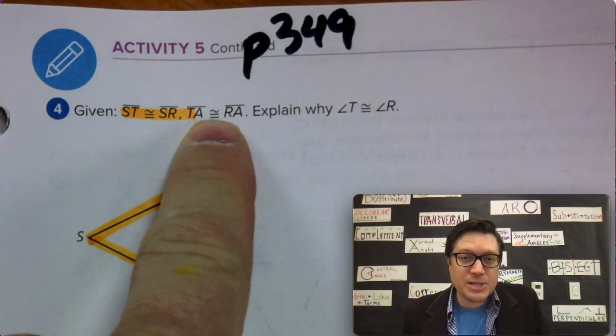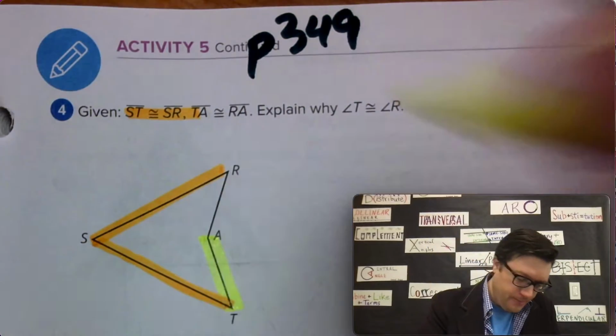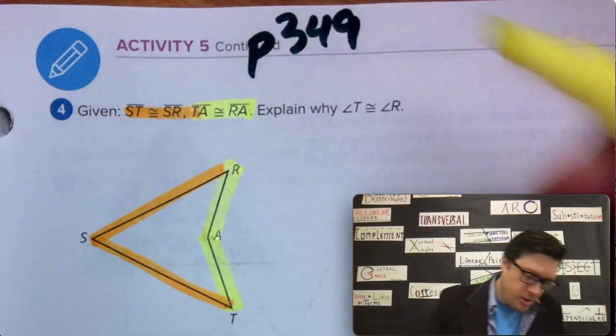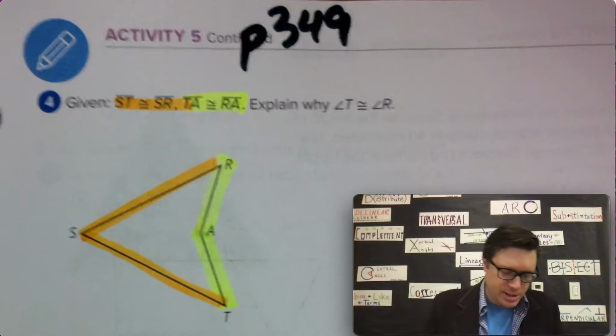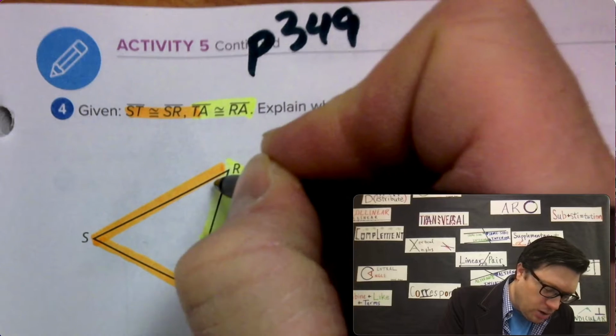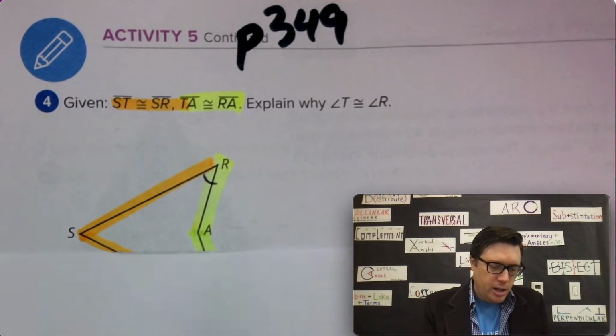Now, keep going. Segment TA is congruent to segment RA. Highlight this with a different highlighter. There we go. The goal is to show how we know that angle T is congruent to angle R. So angle T and angle R are congruent. Yes, there's a formal way to do this, but I'm going to be very informal with